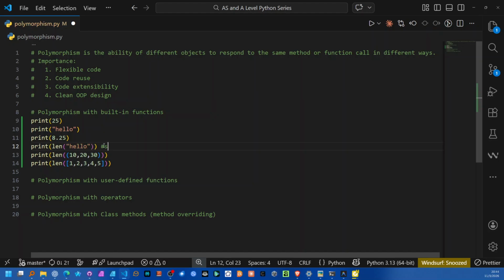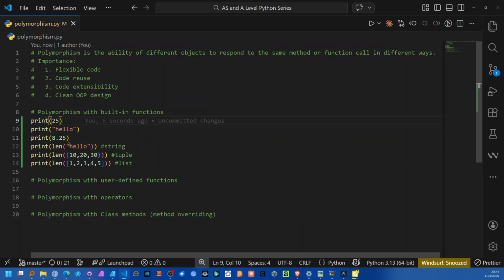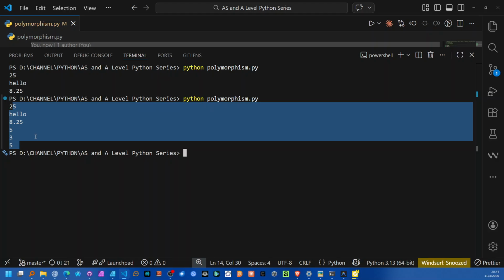The comment here. So this is a string. That's a string object. Then here we have a tuple object, and here we have a list object. Just as before, these objects were responding to the print function, right? We can also do the same thing with these examples of this string, this tuple, and this list. So if we go ahead and run this code, you actually see that we get the length of each respective object. So this is actually polymorphism in action, and for this particular example, we are looking at how